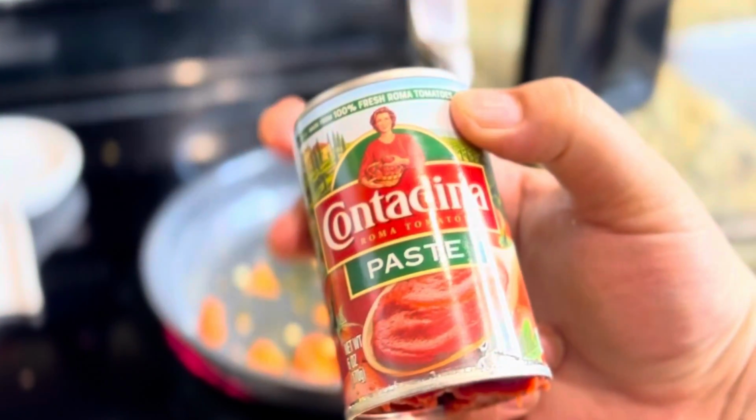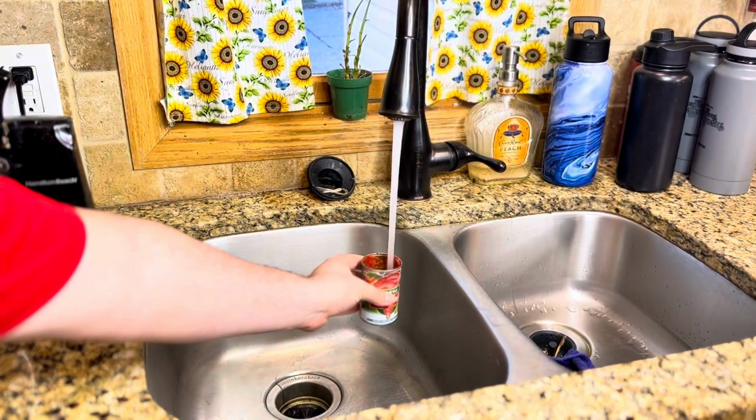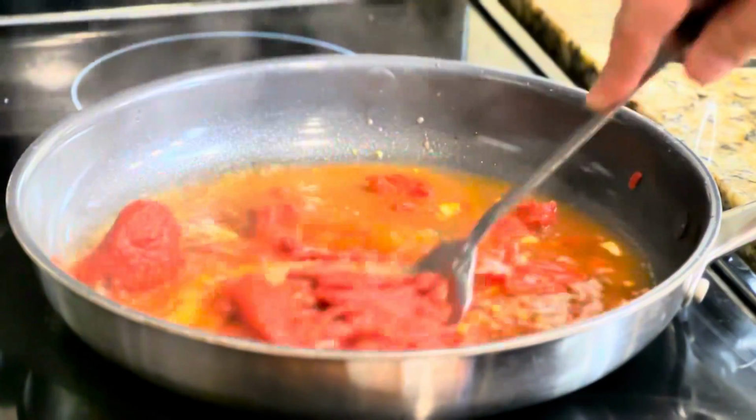Then go ahead and get yourself a can of tomato paste. I really like Totino's. I think it has a really good flavor and it makes a really good sauce. Add 1 full can and then fill that can up with water and add that in. Use your spatula, mix everything together, get it all nice and incorporated, and then we're gonna be on to the